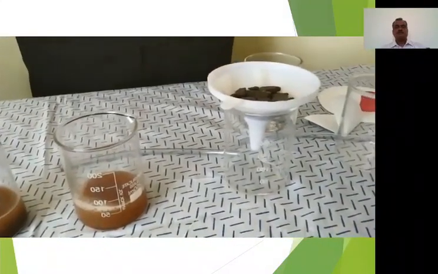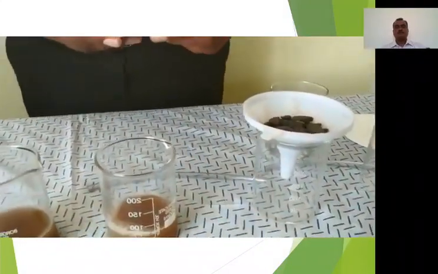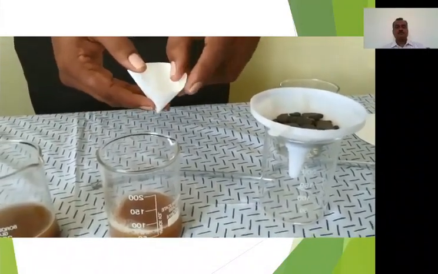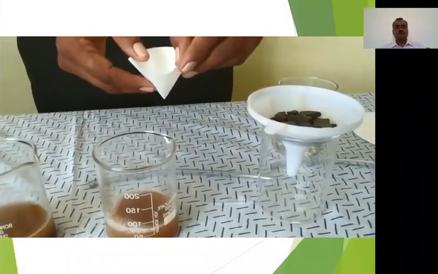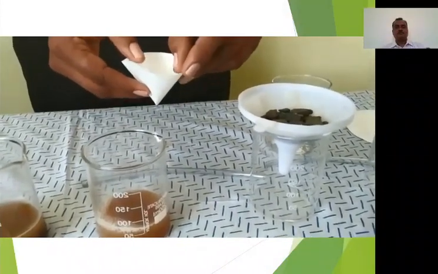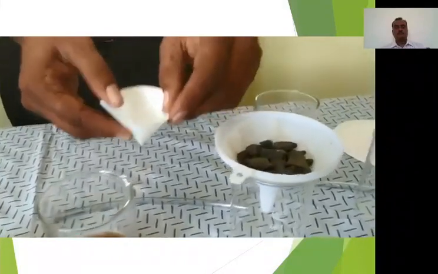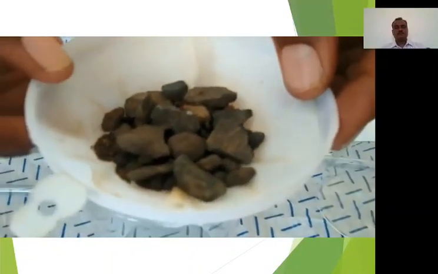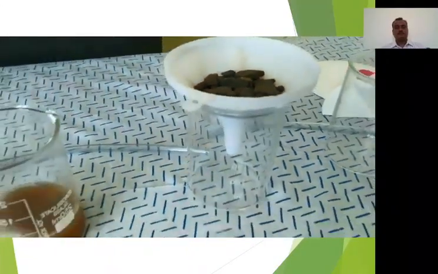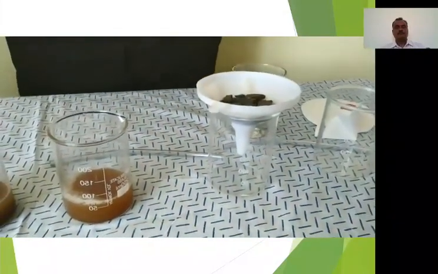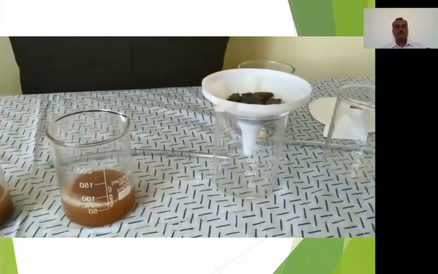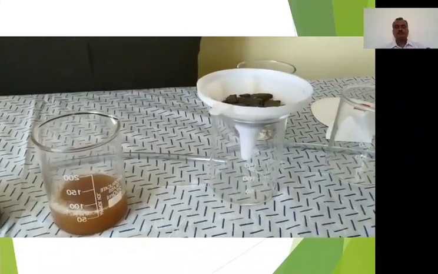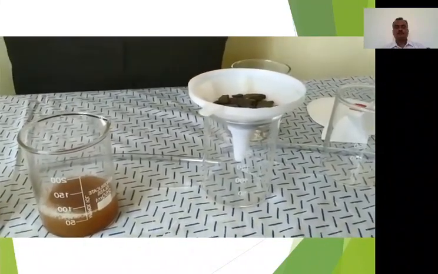Now, fold a piece of filter paper to form a cone. Wet the paper with tap water and insert it in the funnel. Put a layer of sand, fine gravels and medium sized gravels in the funnel. I have already done it here. Now pour the remaining aerated liquid through the filter into the beaker. If the filtered liquid is not clear, filter it a few more times till you get clear water.